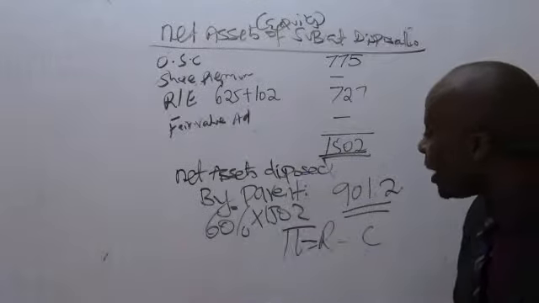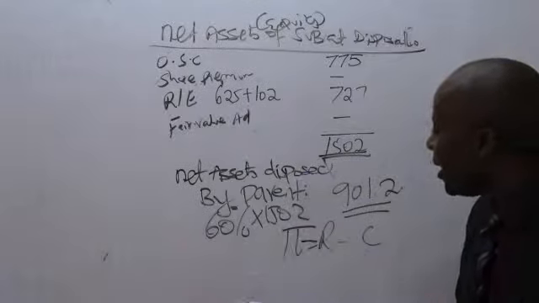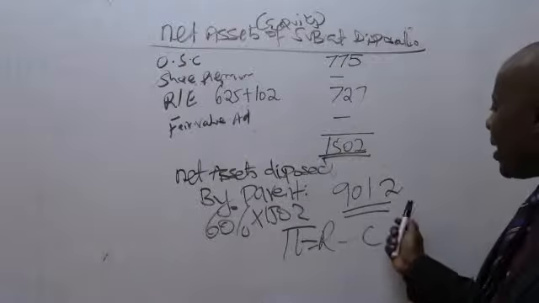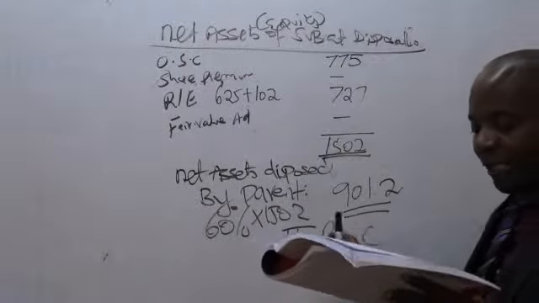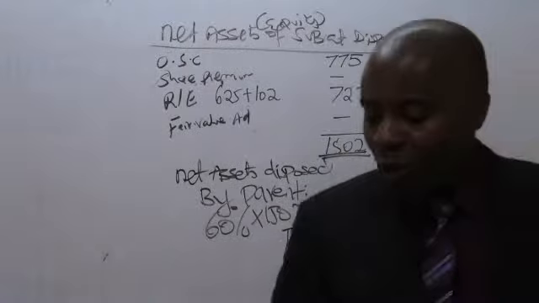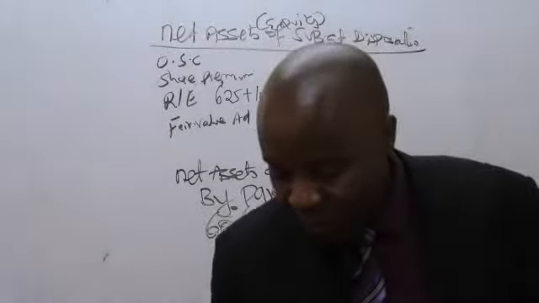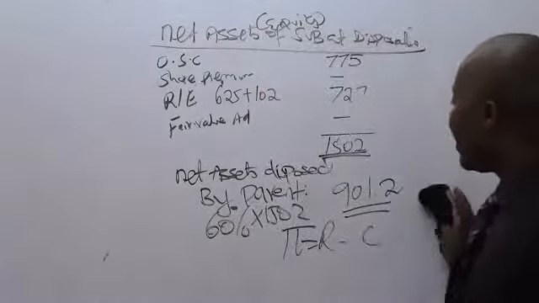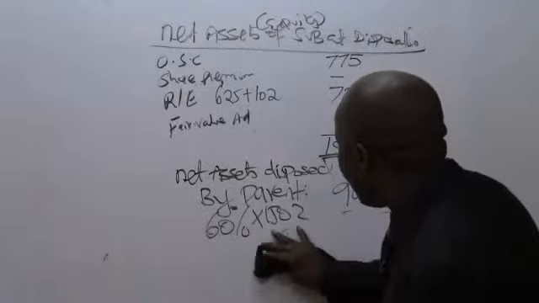We have here the net assets disposed by the parent. You have got 901.2. Remember, before I go to the profit, which is revenue minus cost,